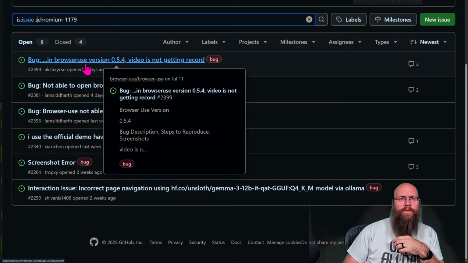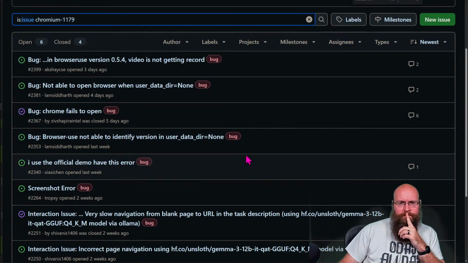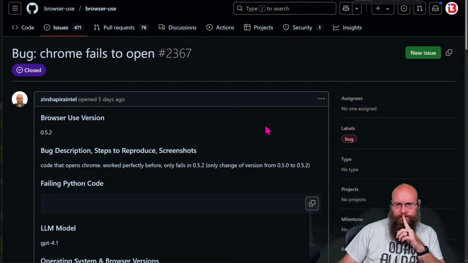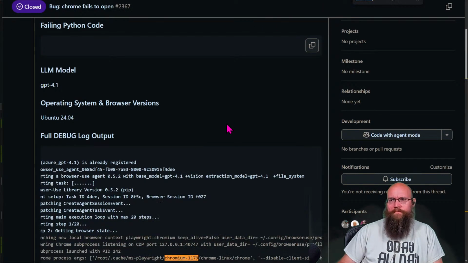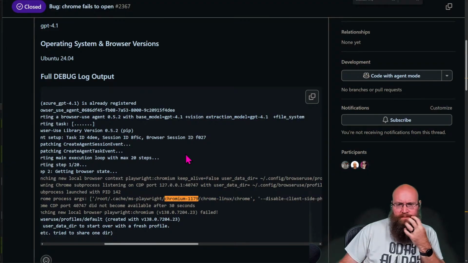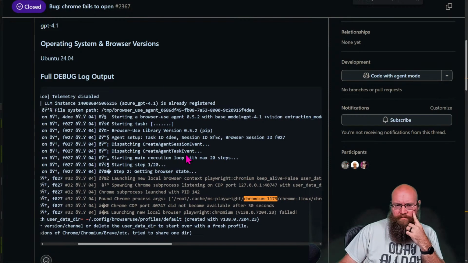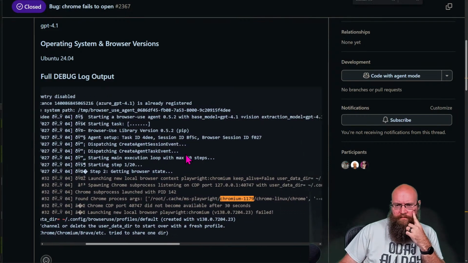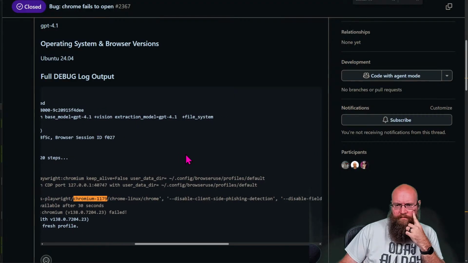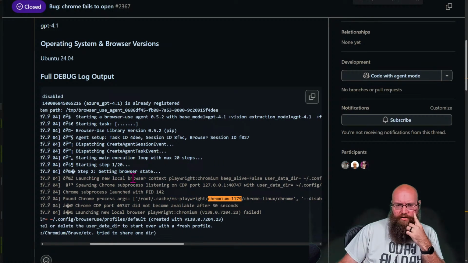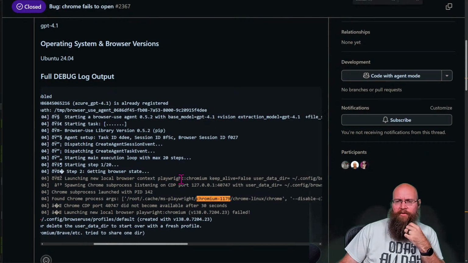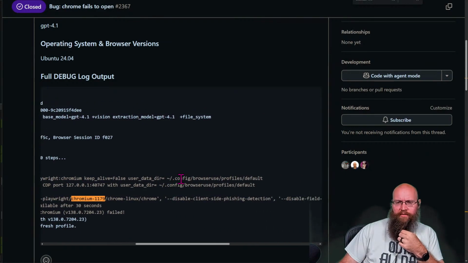Let's see if maybe it's a closed issue about this. Let's see. No, launching new local browser context. Playwright, Chromium, keep alive, user data.